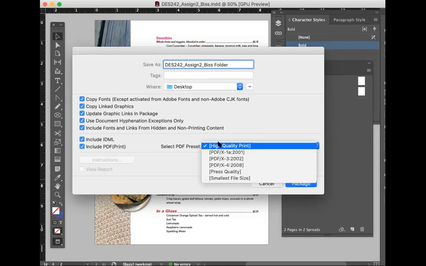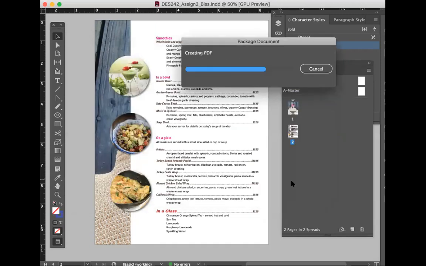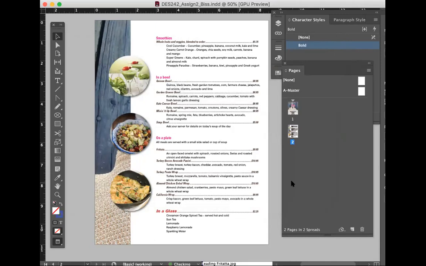You may want to do a small file so it's not a huge file. I'm going to view this on my computer. We'll take a look at it before we submit it just to make sure it looks good. Click Package. And that's it. I would highly advise you guys to take a look at the PDF once it's packaged. It might take a little while to look at it.